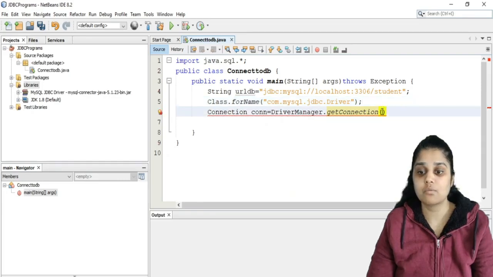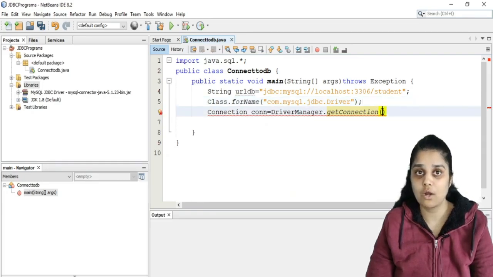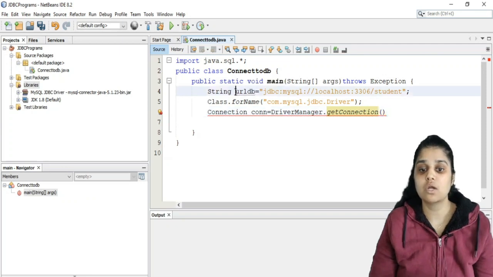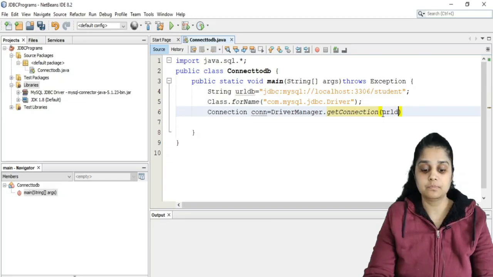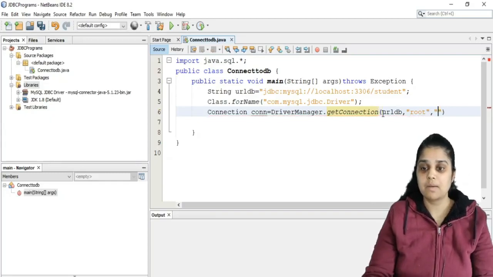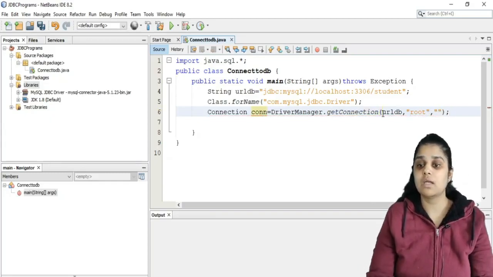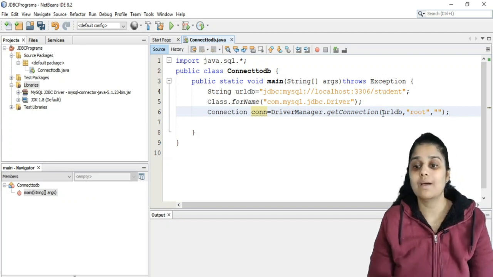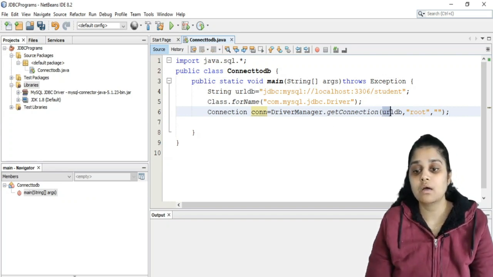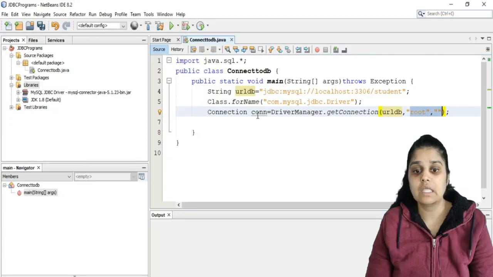Now first thing that I am going to specify here is the URL of my database, which I have stored here in this string. So I will specify the string here, that is my path. Then I'll specify my username, that is root, and my password, which is null or nothing by default. Now if the URL of your database is okay, and if your credentials, that is your username and password, are correct, then con will not remain null.